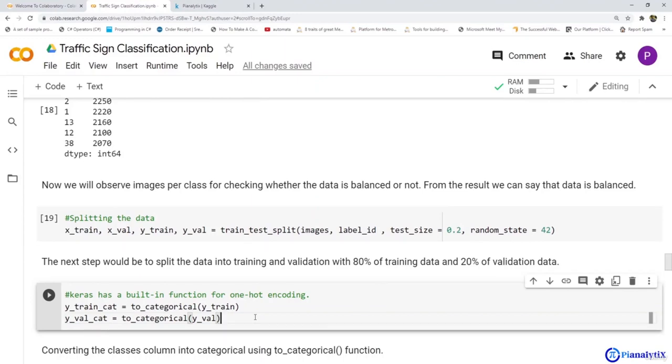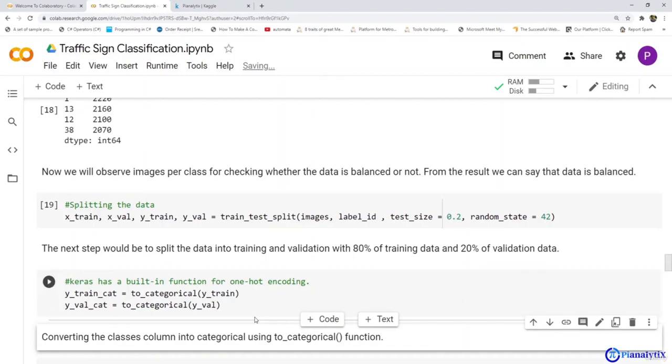So one-hot encoding is important because if we don't apply one-hot encoding, the machine will prioritize it. So to avoid prioritization, we apply one-hot encoding. So we'll apply one-hot encoding on the training and the validation data, the target variable, that is yTrain categorical and yVal categorical. So we've converted it.